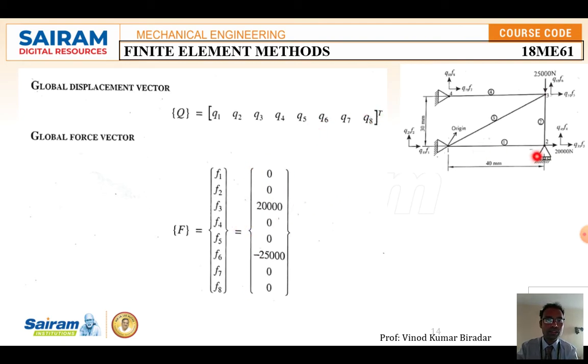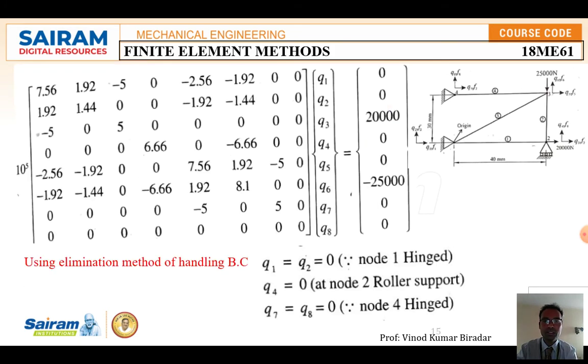Okay, so here F3 and F6 are given in the question as 20,000 and 25,000. If the direction of the force is inside, take it as negative. If the direction of the force is outside, meaning tensile, we take positive values. Substitute F3 and F6 as given in the question; the remaining are 0, because nothing is given means 0. Substitute in the global equation form, that is KQ = F.